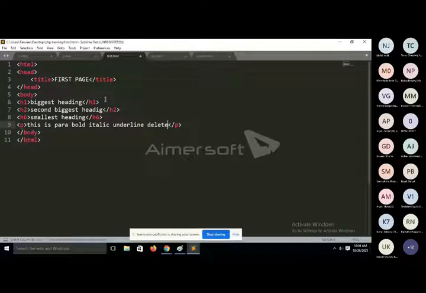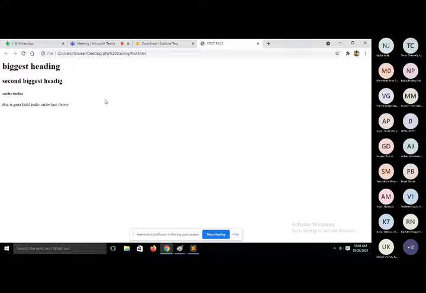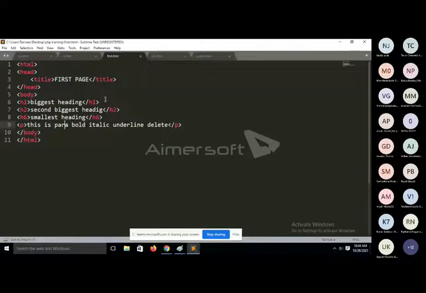So if you want to highlight some content as bold, then you will surround that content inside the B tag. So B is basically used for bold. If you want to print some content in italic form, then you will use the I tag. So I is mainly used for italic content.